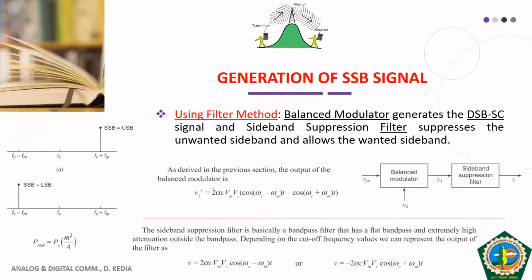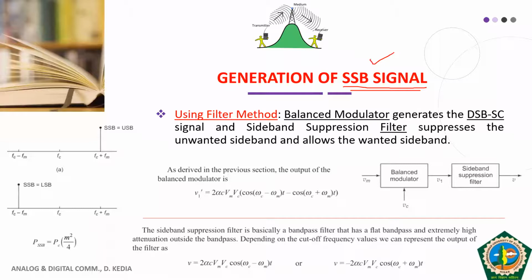So after double sideband suppressed carrier signal, now the next form of amplitude modulation is single sideband signal. First, we had double sideband full carrier. From that we removed the carrier first. We were left with the two sidebands, which means we moved to double sideband suppressed carrier. And then out of those two bands we removed one of the bands, and we get single sideband.